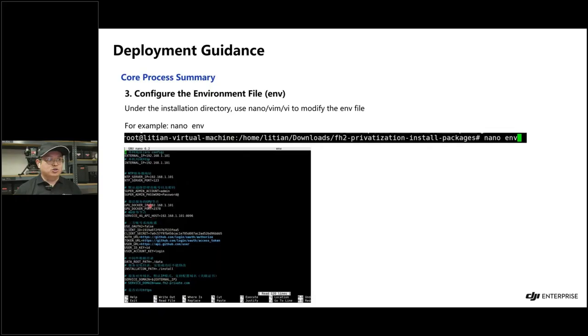For example, we have a GPU Docker IP. This is the Terra privatization IP address you need to configure. And the 4G API host. And if you scroll down, you will find the installation path. This is the installation directory you define for getting FlightHub 2 installed. Once you define all the criteria, all the lines here, save this file, overwrite this file,